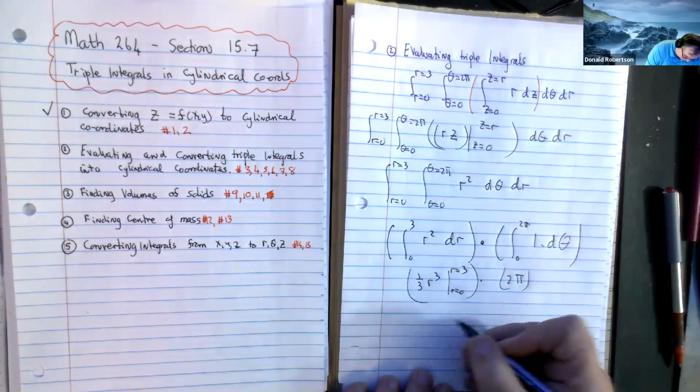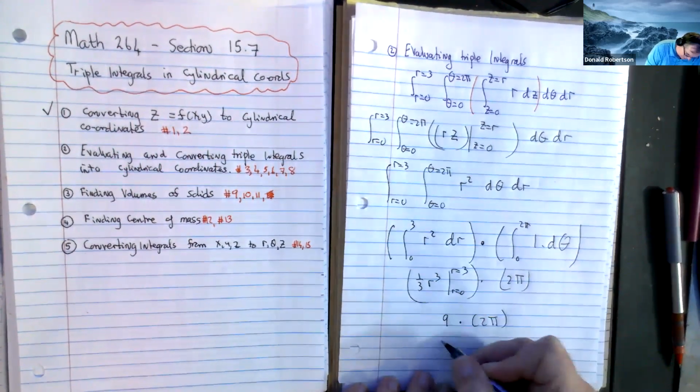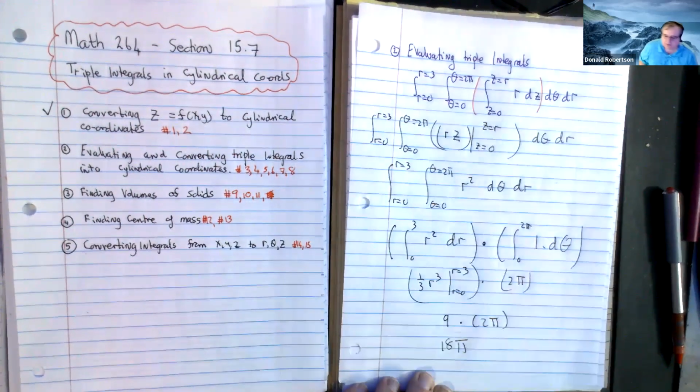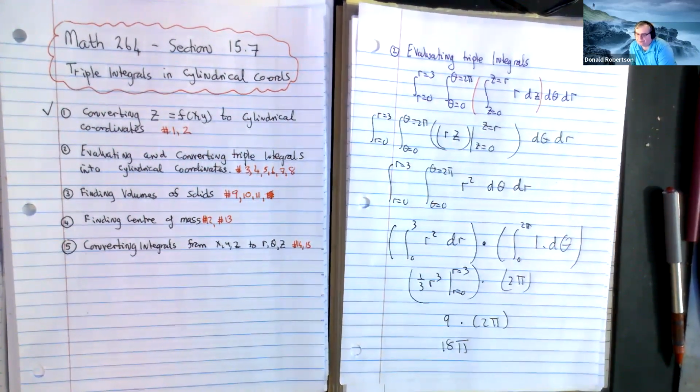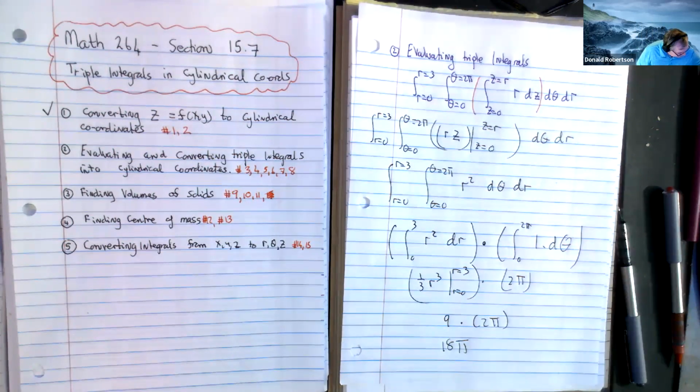And you get 9 take away 0, so you get 9. 9 times 2 pi, boom, 18 pi. Bit fast there, but it was a pretty straightforward integral, right? There wasn't anything too strange going on. That was kind of a teaser or a warm-up one,